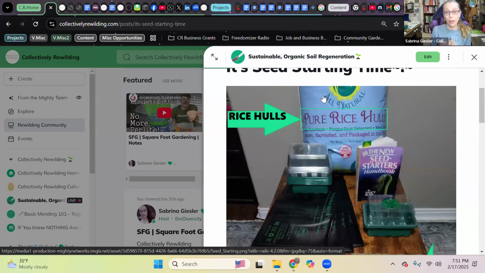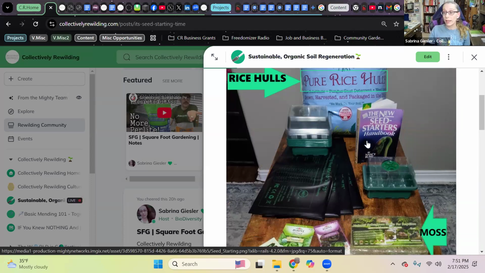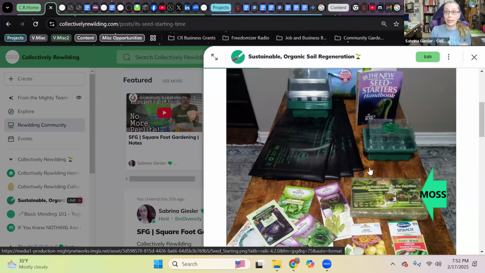The rice hulls are purchasable in cubits or large bulk bags, and that is where you want to go with that, as well as with sphagnum moss. I didn't need a lot at the current time, and this will break up into 14 quarts. I thought I had brought that down to show you all, but it looks like I missed that one piece, and it's not very large. It's about this big, about this thick, and it's going to break up into 14 quarts. Well, that's excellent for what I need right now.